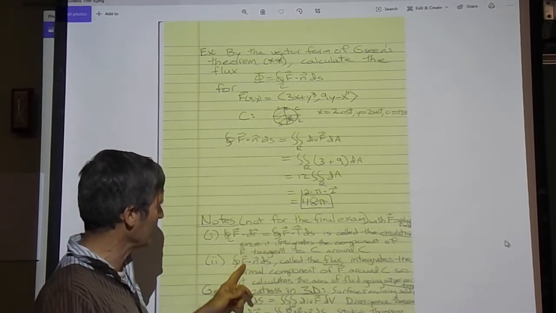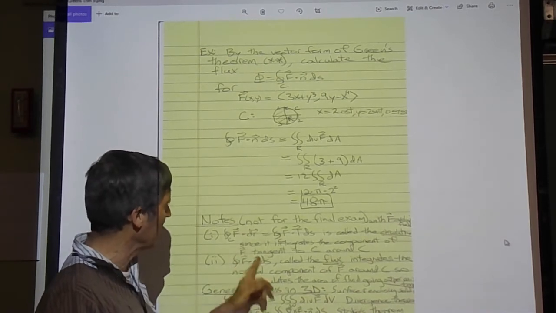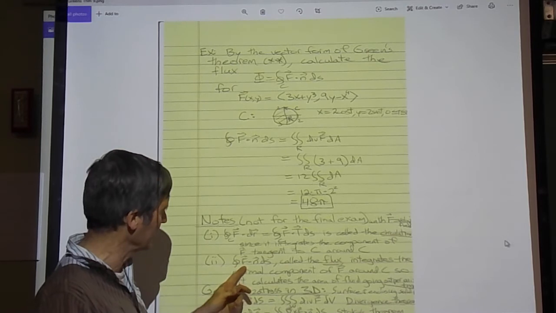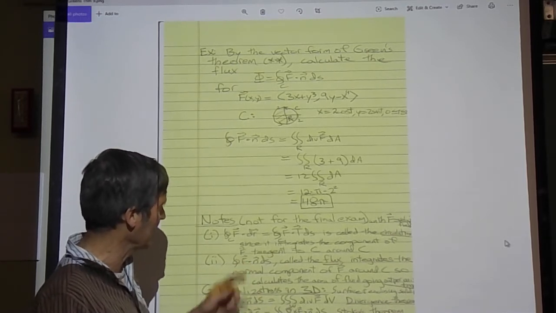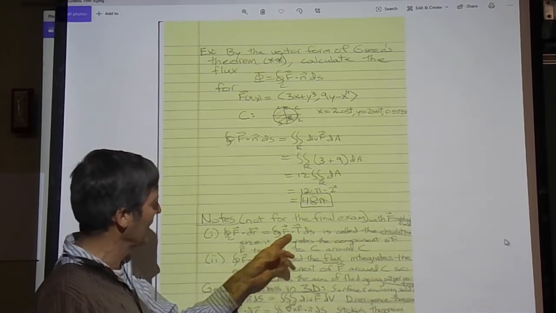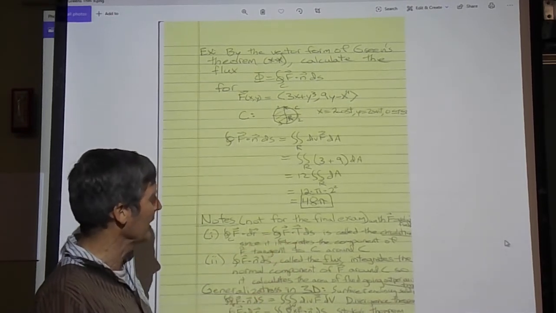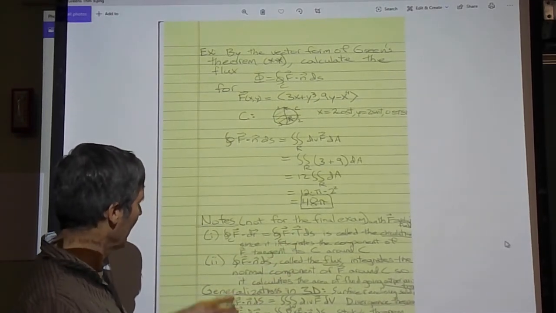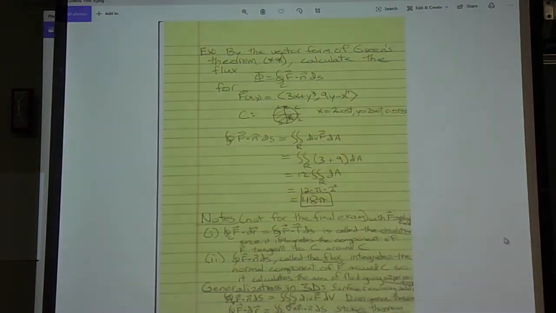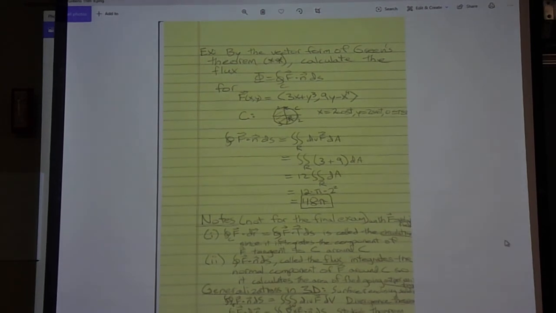This one, the flux, is how much is going out. F dot n is the component of f. Again, think of f as a velocity field in both cases. Component going out. And so we call that the flux is the amount going out, and the circulation is the amount pushing you around. And these are its generalizations, the divergence theorem and Stokes' theorem. And then finally,